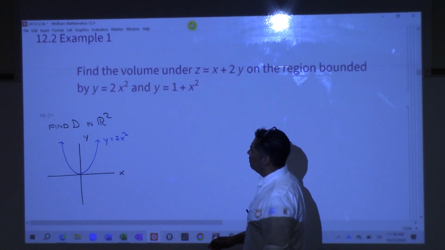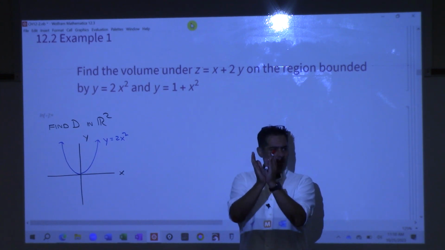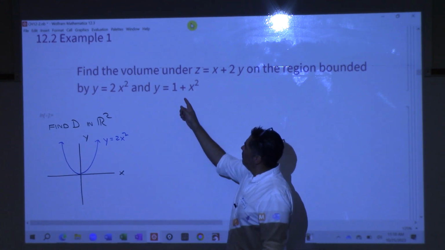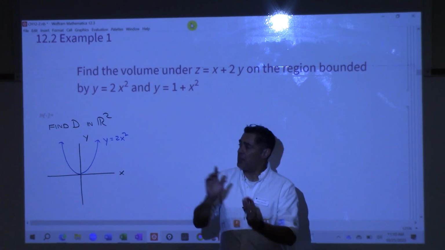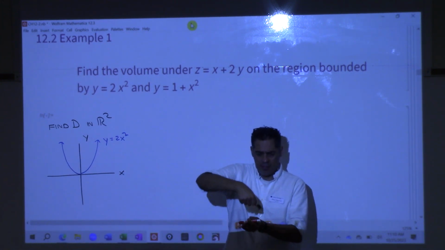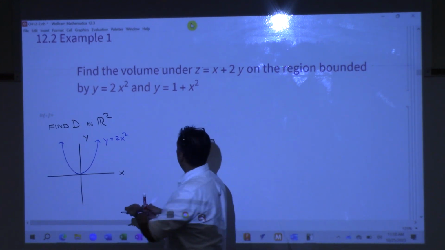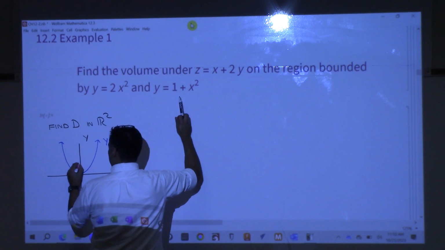Which one of these is wider? 1 plus x squared is wider because the number in front here is 1. When we put a 2 in here, it stretches the thing vertically, which makes it look more narrow. So we have this 1 plus x squared starts here at 1, and it opens like a parabola,